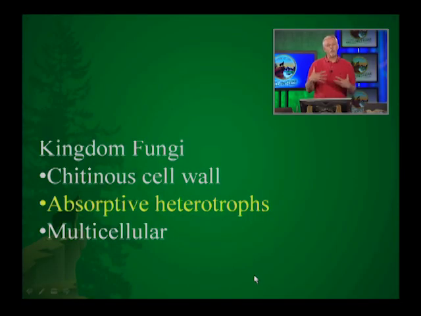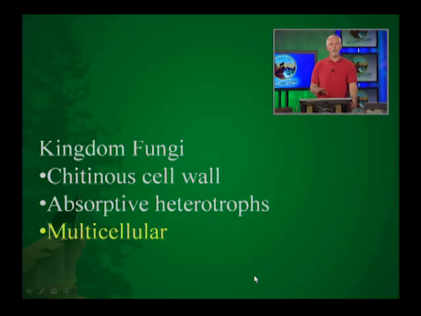What that means is that they will secrete digestive enzymes, digest material outside their body, outside the cells, and then absorb the digested nutrients through their cell wall and through their cell membrane. So they don't phagocytize materials because they have cell walls. So again, they have to secrete digestive enzymes, digest extracellularly, and then the nutrients diffuse into the cell. And most members of the fungi are multicellular. Exception to this would be yeasts. Yeasts are an example of a fungus, but they are an exception to this multicellularity.